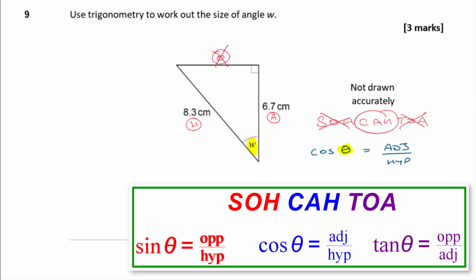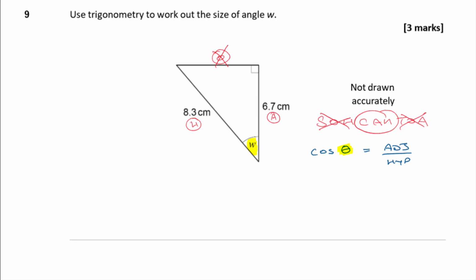Don't forget about the theta, because lots of students make errors subbing into these because they just write cos equals rather than cos theta and don't know where to stick their angle. So cos theta is equal to adjacent over hypotenuse. Now in this particular case, we haven't got theta, we've got w standing in for the angle. So I'm going to switch to w, cos w, and I'm going to sub in the other two values as well. So the adjacent is